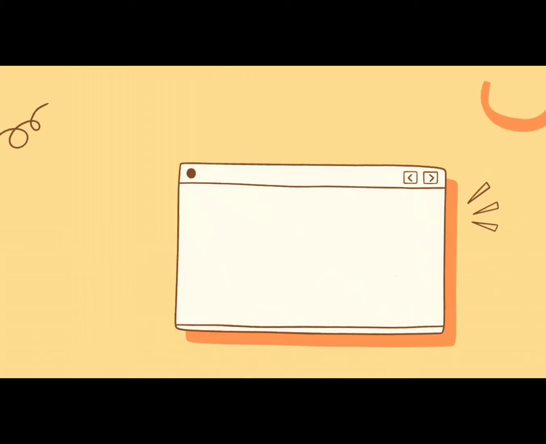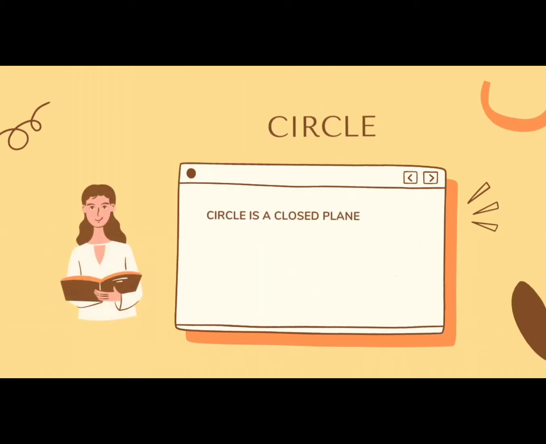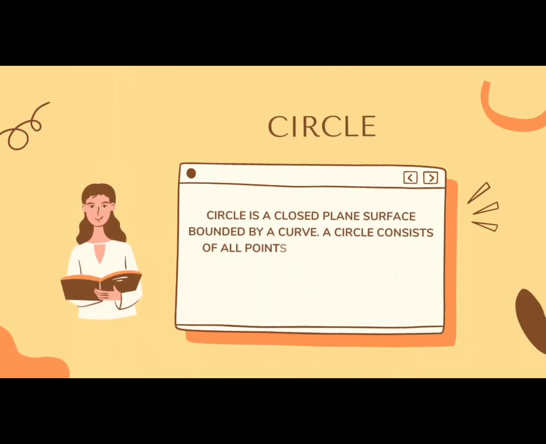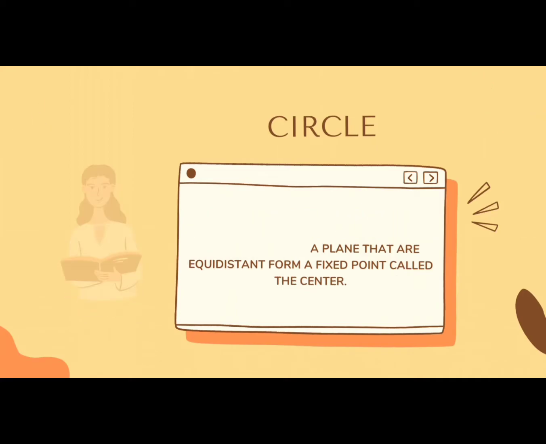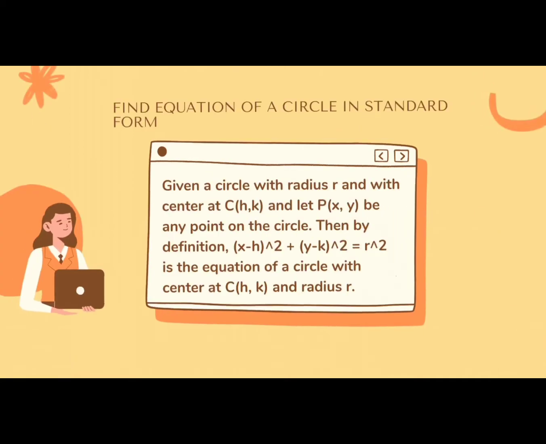So let's define what a circle is. What exactly is a circle? A circle is a closed plane surface bounded by a curve. A circle consists of all points on a plane that are equidistant from a fixed point called the center. I will show you how to find the equation of a circle in standard form. Given a circle with radius r and center which has the coordinates h, k, and let P, which has the